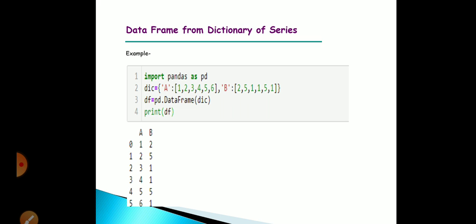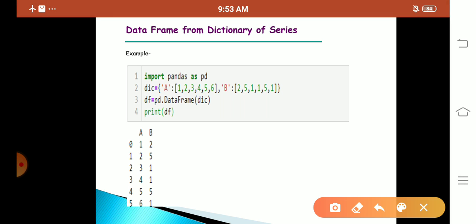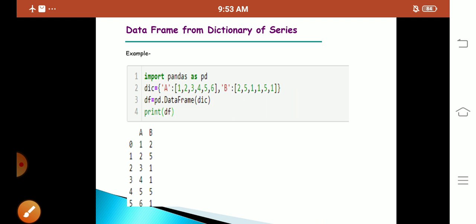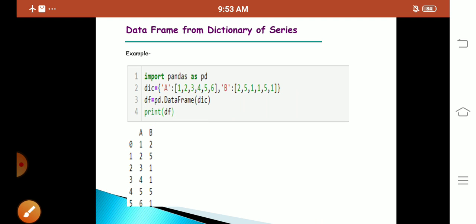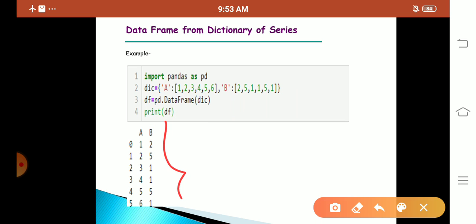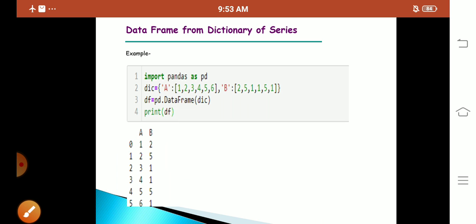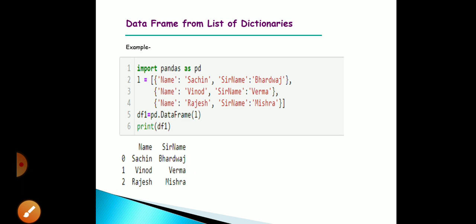Okay, storing some values. Next, you will create the data frame. For creating the data frame, you are giving the variable name as df. Under df, you will create your data frame, and you will call the dictionary as dic. Since in the dic variable you have stored your dictionary values, you will call dic here. Next, you will print your data frame df. So it will give you the output as this, you can see here. Since the row indices are displayed here from 0 to 5, next the columns a and b have been stored.